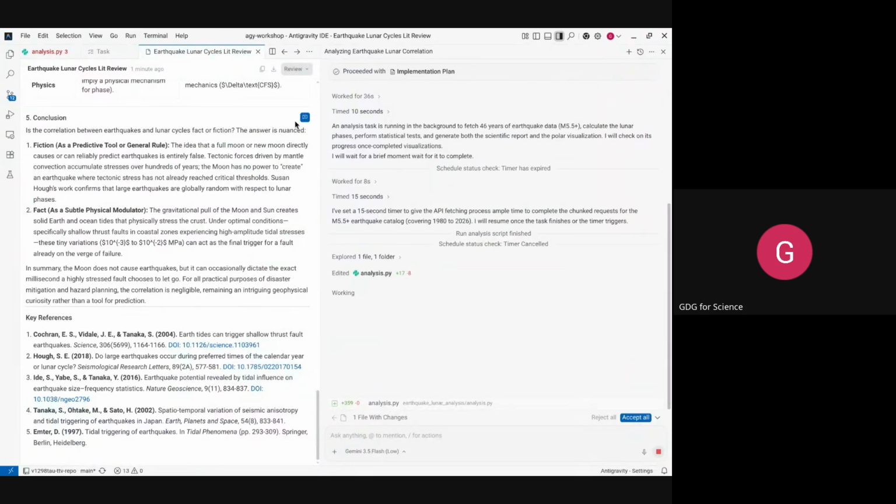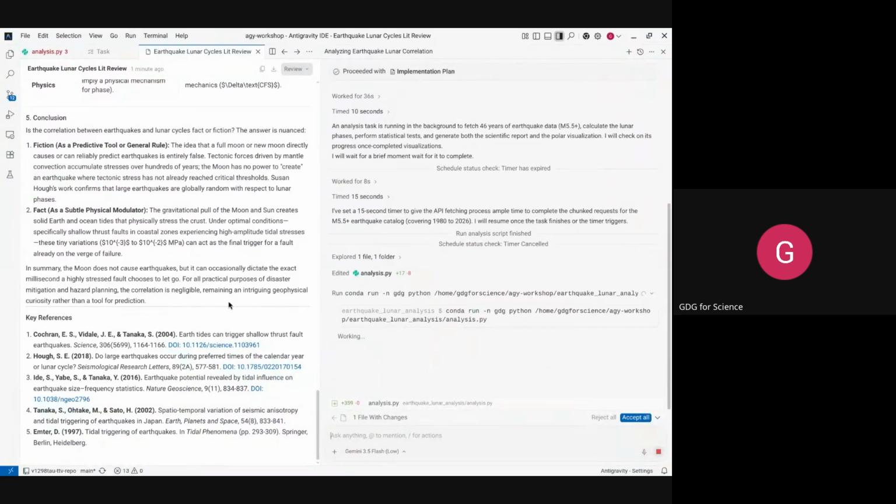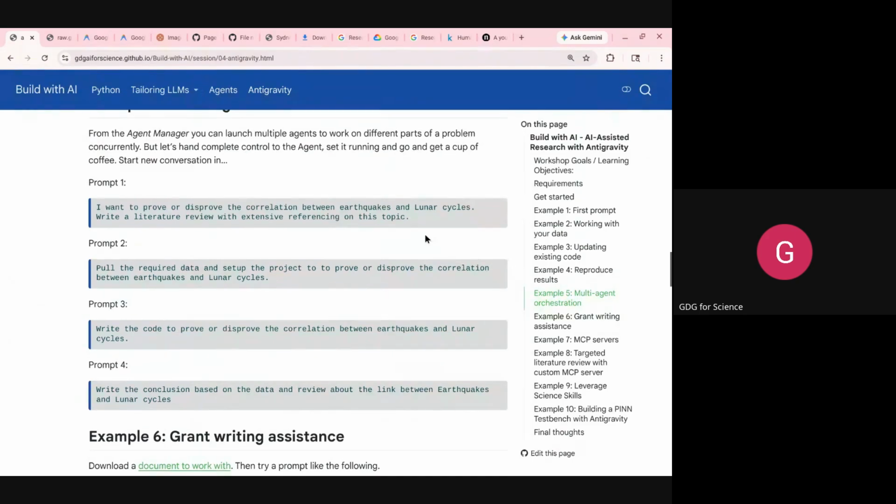Okay, we'll see how that goes when it finishes. Sure. So this is running the code to make some figures or something for it. All right. Meanwhile, while that's thinking,